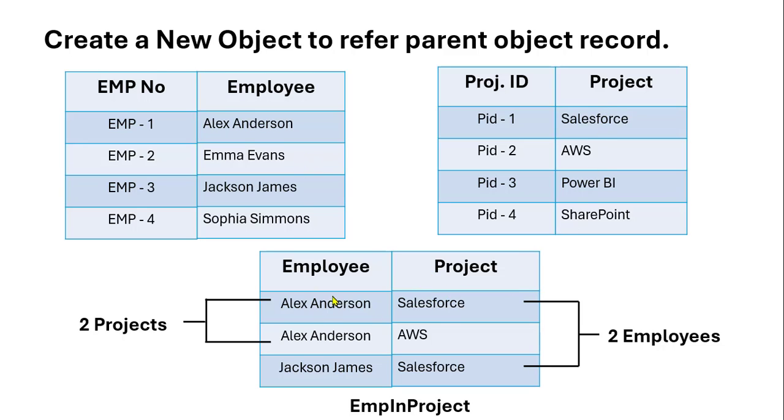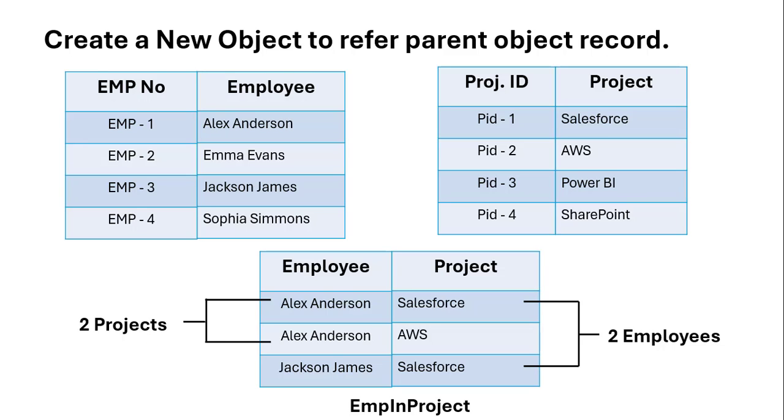And using that relationship field, we can create a record for Alex Anderson, and using another relationship field we can refer to the project. So in the first record we can add Alex Anderson as employee and then assign the Salesforce project to him. Then in the next record, again we can select Alex Anderson and assign a different project to him. That means here a single employee is working on two projects, and this applies for